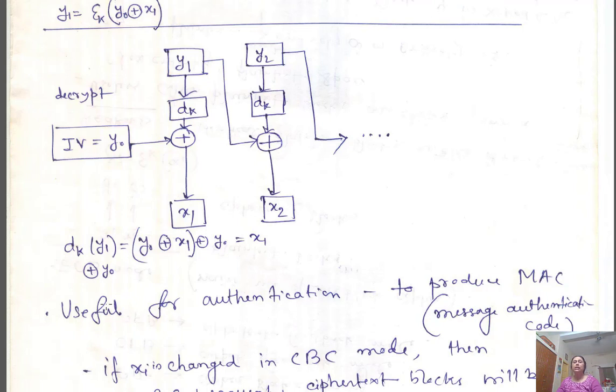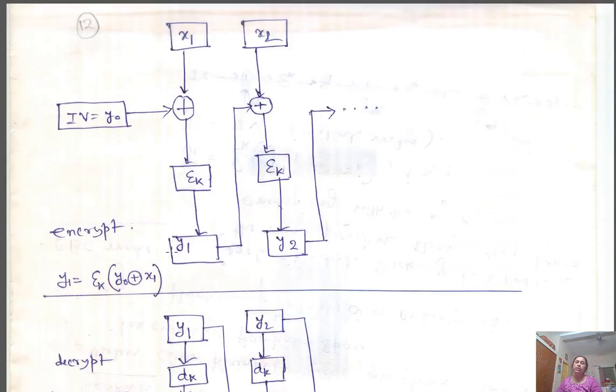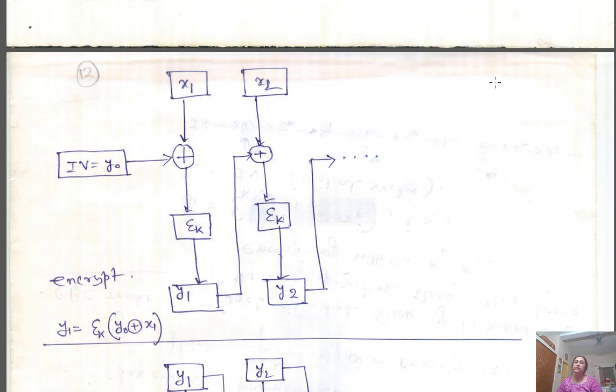So this is useful for authentication purpose. Authentication purpose means to produce a MAC, message authentication code. What is the message authentication code? It means you have authentication and data integrity. Means you are sending your plain text, X1, X2, Xn. Suppose you send X1, X2, Xn together with